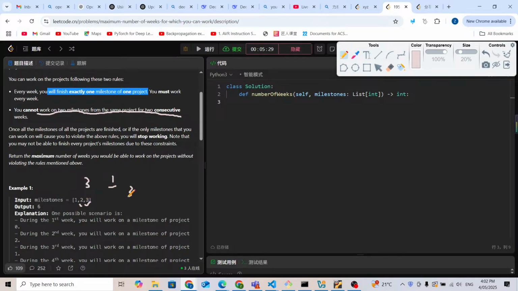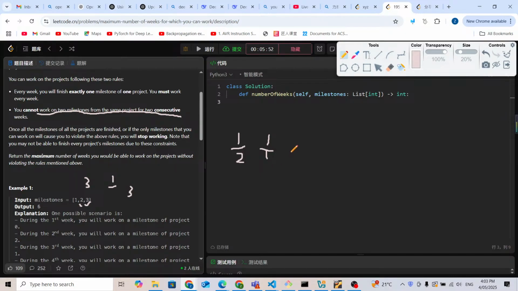So for example, maybe for the first week it's going to be milestones index 2, and for the second week it may be index 1, another project.